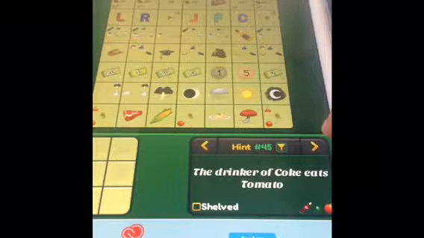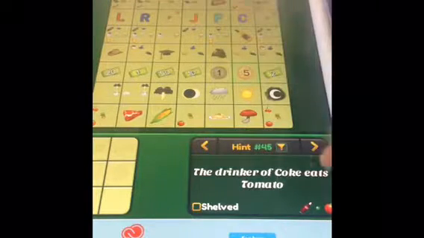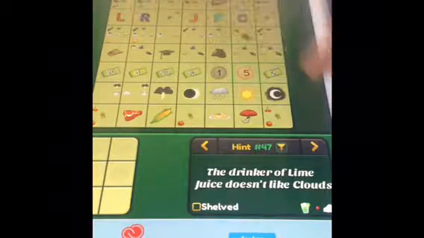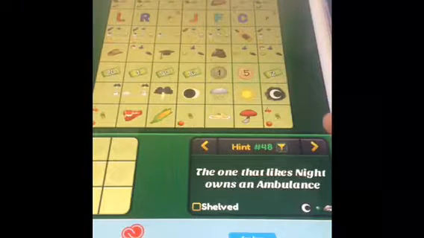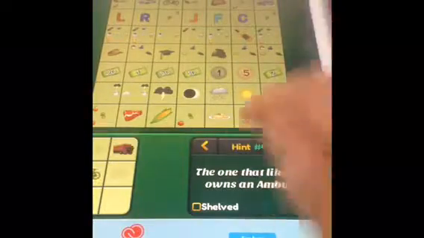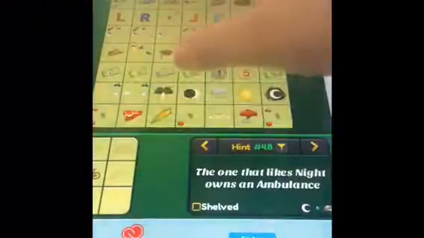let's see, the tomato has the Coke. So I know the Coke doesn't go there, whatever. Cloud does not have lime juice, so Coke and Night has an ambulance. I'm going to go ahead and put that in there. And then that means the car's here. And the truck's here. So slowly it will start unraveling. It's just that you're hoping that it's... So now I'm way past my 9 moves, so...